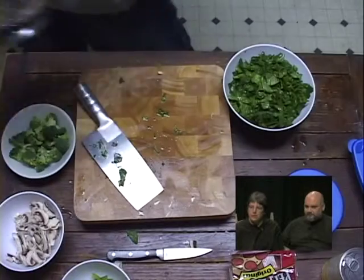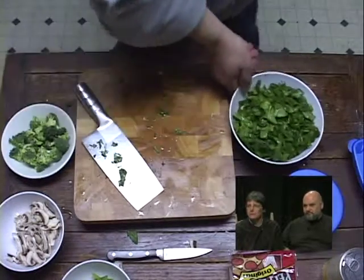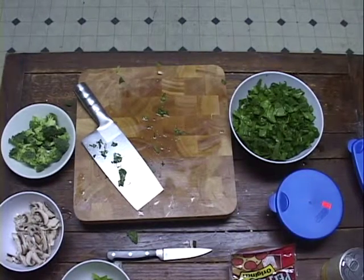Okay, so you've got some mushrooms to go on top. You've got some broccoli to go on top. You've got some spinach to go on top. And there's probably some form of meat about to be chopped in here because I cooked. I would imagine that. Yeah, I had a couple different things, which is I had some dry salami meat, some sopressata,